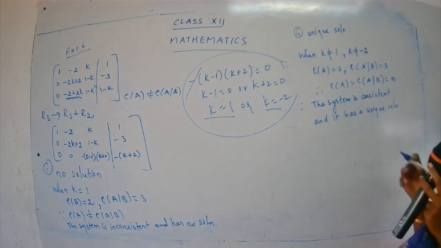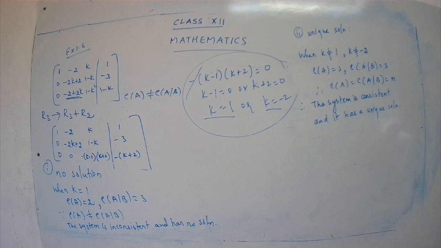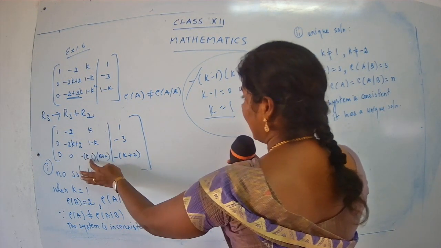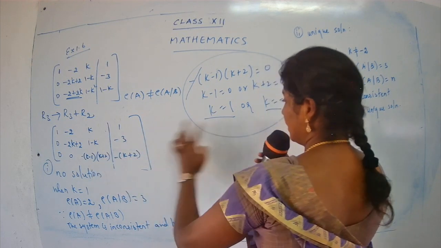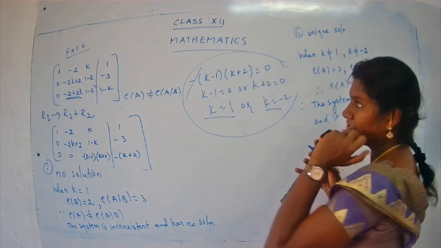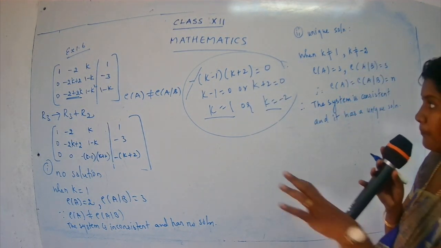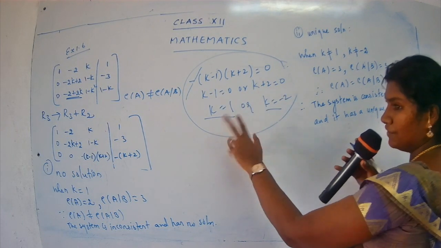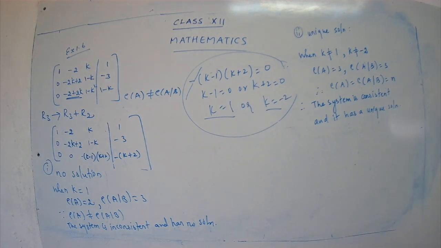See, that's why I told you the rules are important. Once you are clear with the rules, it is easy to apply. This is the only thing, you have to just arrive till here. So when you solve here, from this step itself you come to know the value for k. So k will be 1 or k will be minus 2. I told you the minus sign gets cut off because minus goes here. So 0 minus 1, anything divided by 0 is going to be 0. So you have two conditions left, k minus 1 is 0 or k plus 2 is equal to 0. So we have two values, that is k is equal to 1 or k is equal to minus 2. So according to the conditions you have to apply and get the answer.